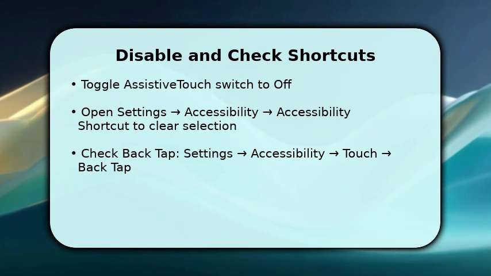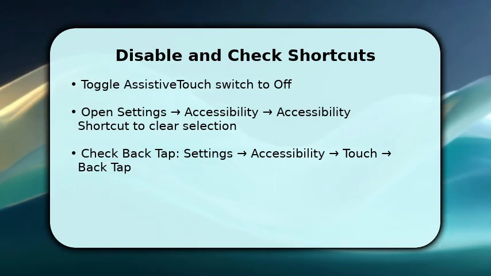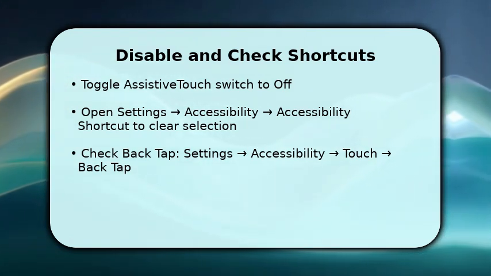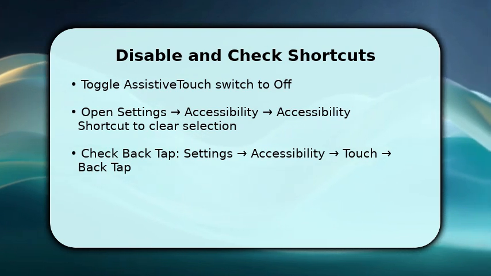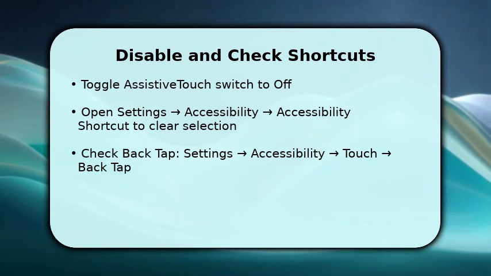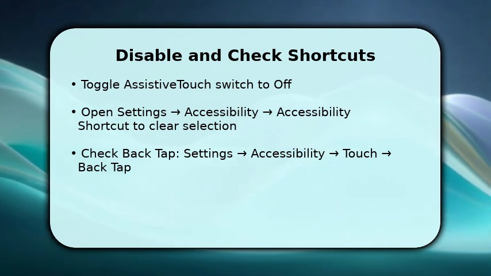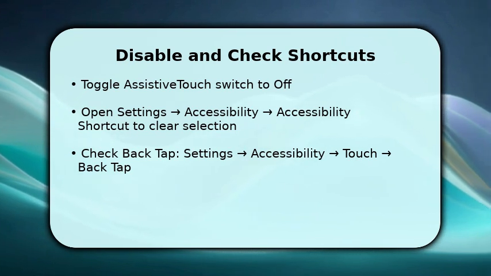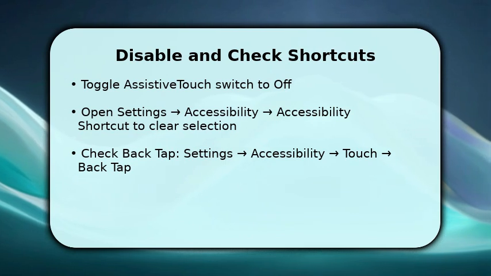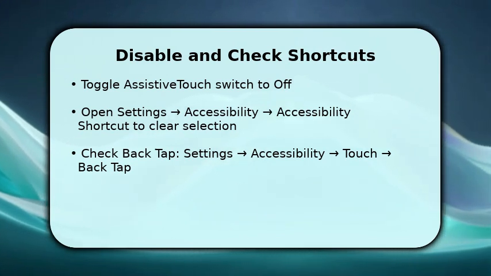Once done, make sure the accessibility shortcut, triple-click side, is not set to Assistive Touch. If it is, it will turn back on when you triple-click. Next, verify back tap settings under Touch. If back tap is assigned to Assistive Touch, change it or disable that mapping. These checks explain why the button might return, and they close the common pathways that re-enable Assistive Touch without you